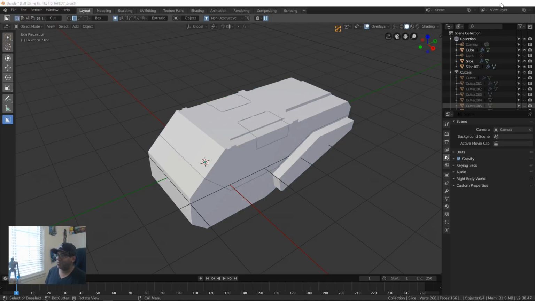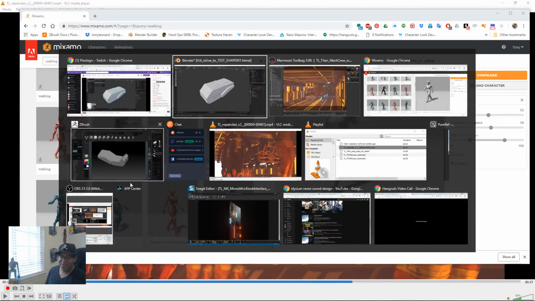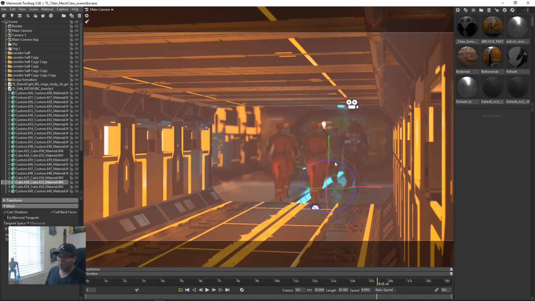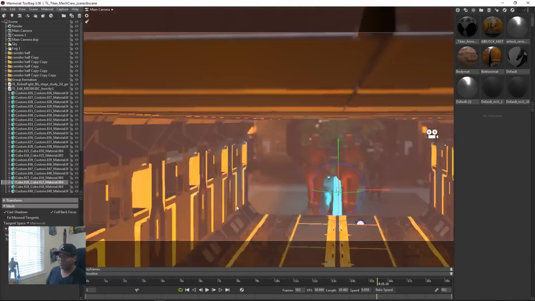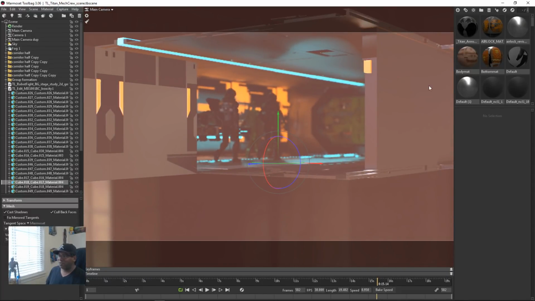But the cargo scene that you guys saw me building was pretty much how I put together a lot of these scenes. So just going through, try saving some of these animations from Mixamo. You guys should be doing your own characters that you can put some motion to. And as long as it's a humanoid shape, I wouldn't go crazy trying to do a lot of hard surface humanoid shapes and then throwing them into